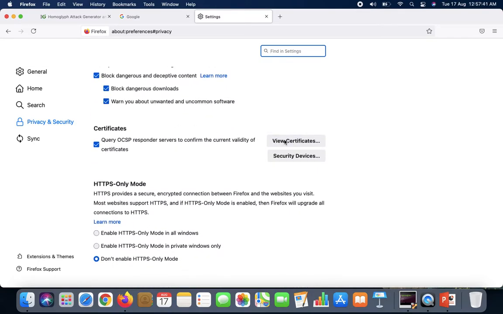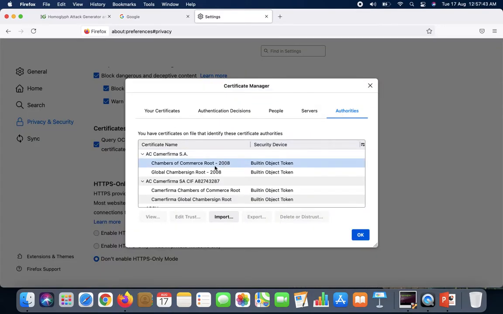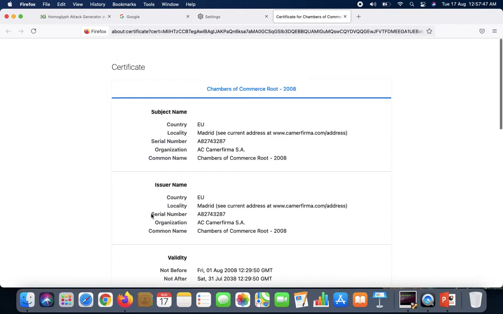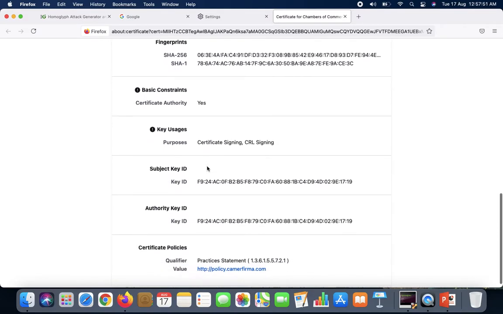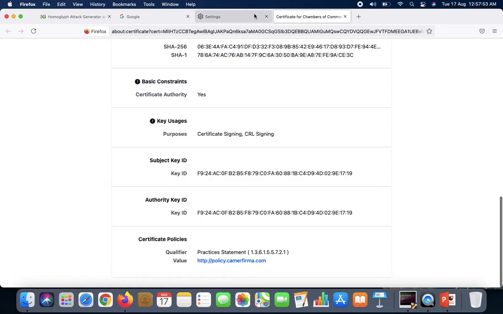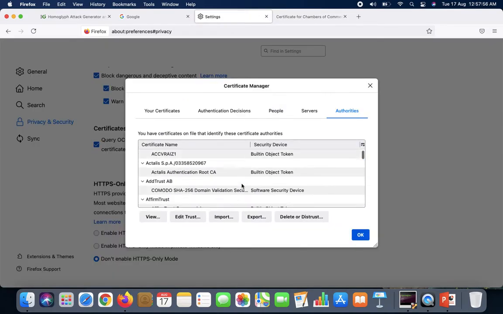As you can see here, go to view certificate, and that is the certificate detail that you have to go through, guys.